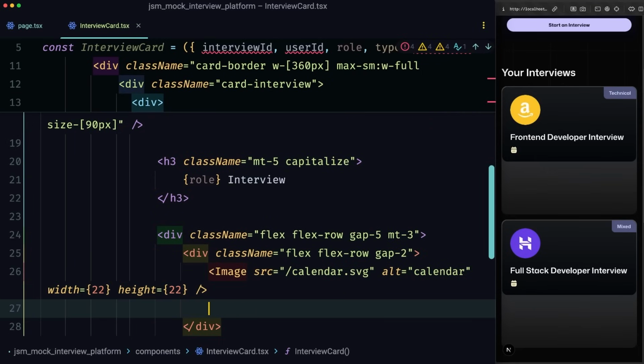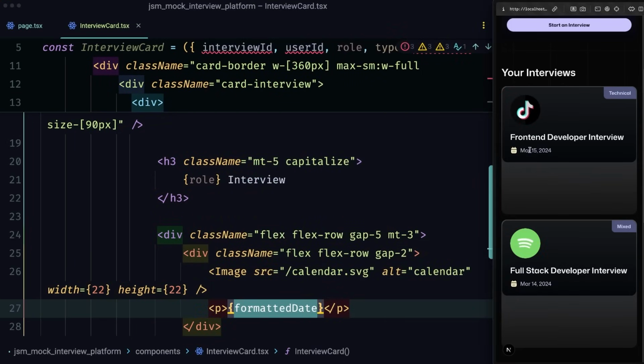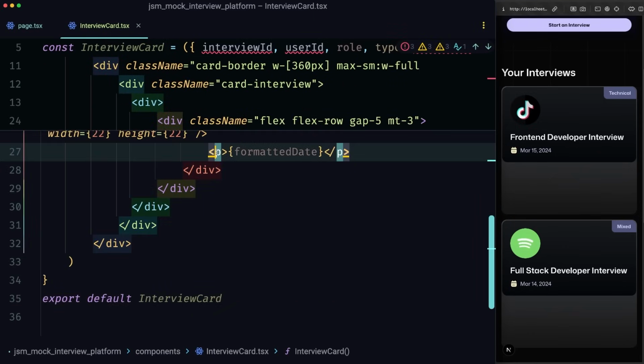And right below it, we can render a p tag that'll simply render the formatted date. There we go, March 15th and March 14th. This date was a long time ago, so hopefully this person got the interview. So let's go below this p tag